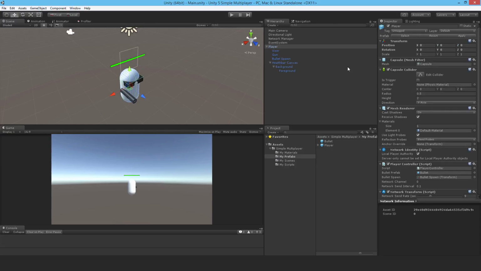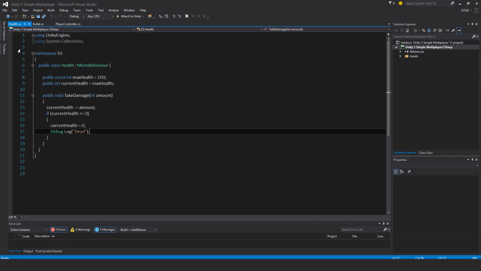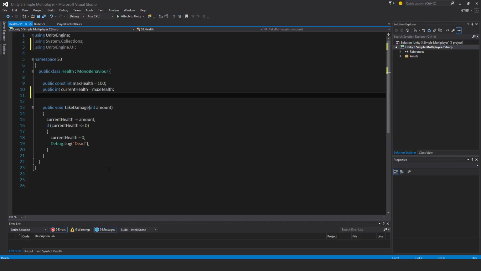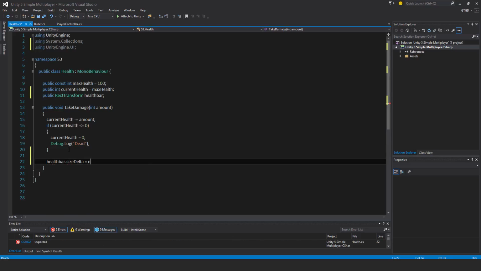And I need to update the Health script so that it does change this foreground's length, the width basically, based off the health. Okay, so in the Health script, we're going to put using UnityEngine.UI and a new variable, public RectTransform healthBar. And then to affect the foreground, the health bar, we need a bit of code as well for that. So healthBar.sizeDelta is equal to new Vector2,